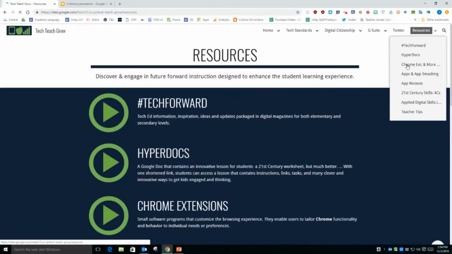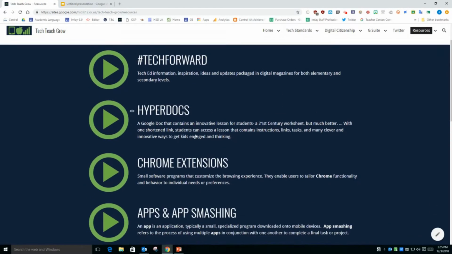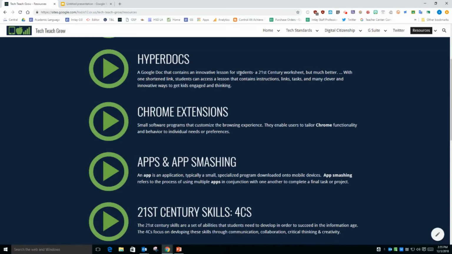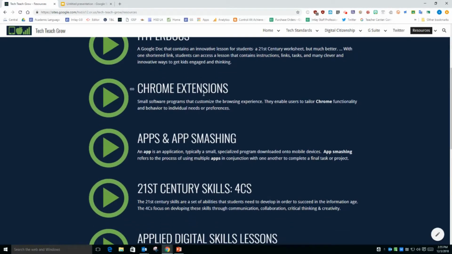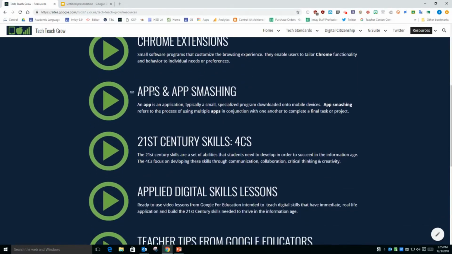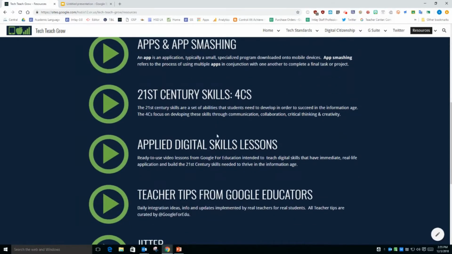If we're back on the resources page, there's information about HyperDocs, great stuff for tech integration. Information about Chrome extensions, apps, and some things out there. Sites that will help with reviews and teacher tips on using different apps, some background on the 21st century skills, the 4 C's, communication, collaboration, critical thinking, and creativity. The applied digital skills are some great ready-to-use video lessons straight from Google intended to teach digital skills